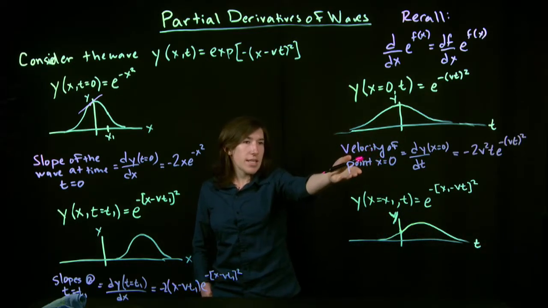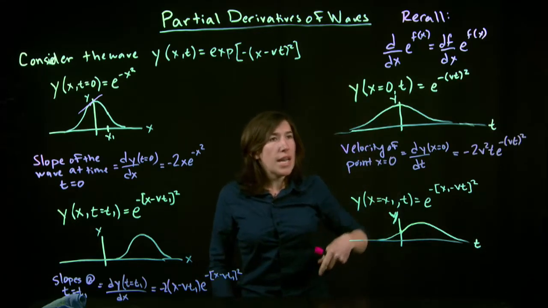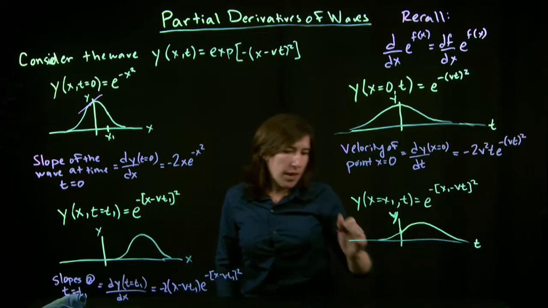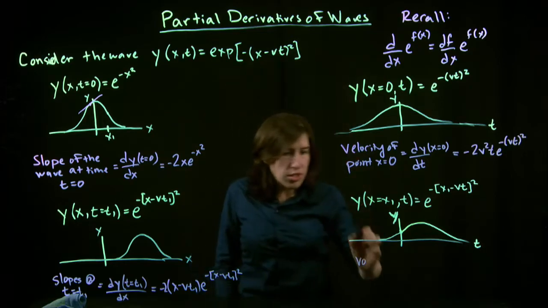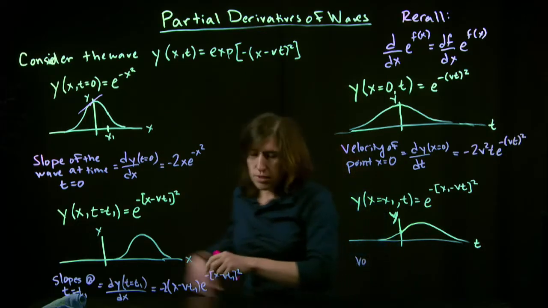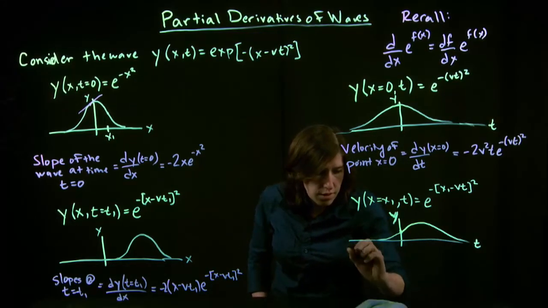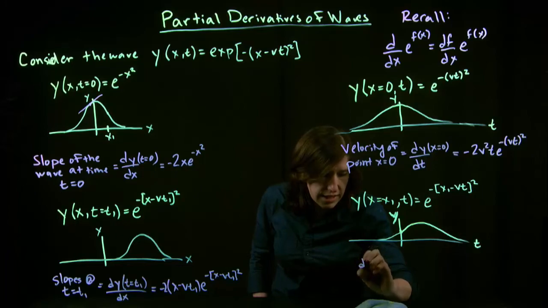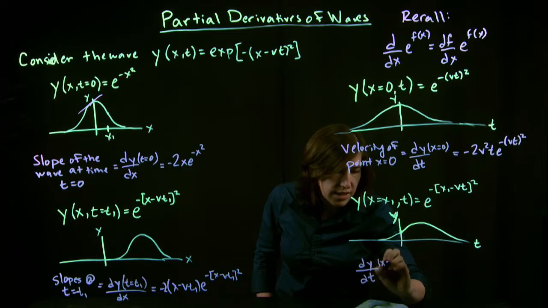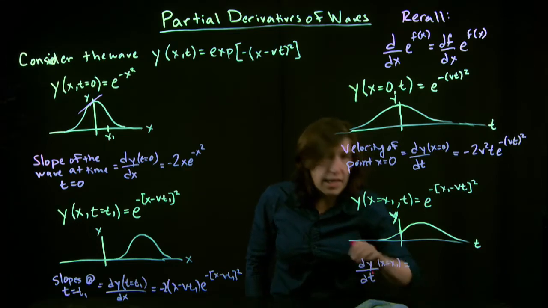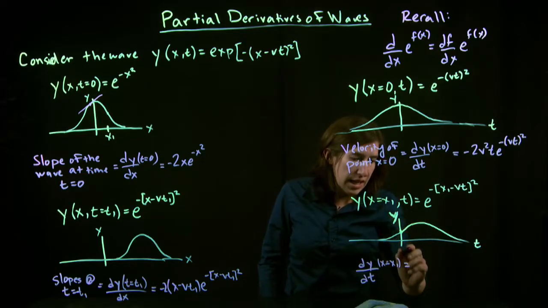So now we easily have in front of us the velocity of the point as it moves up and down as the wave passes by. And again, we could consider the different point x1, which is just some certain point. So the velocity dy/dt for x equals x1, reminding us that x is now a constant, we're just looking at some particular point, is given by